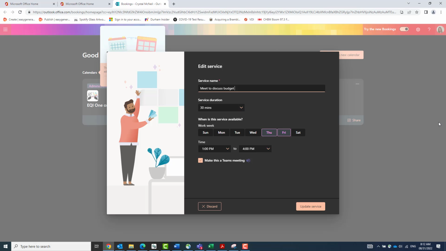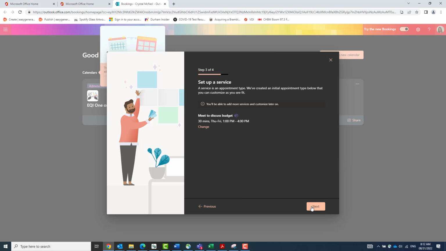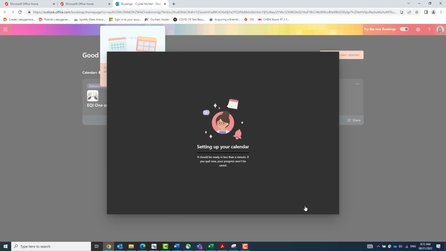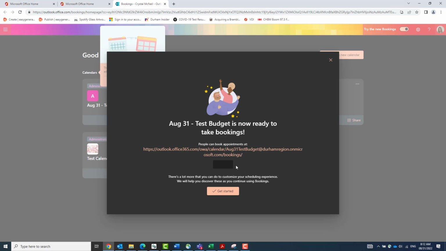Fortunately for this example, we're only going to have one service to make it simple. So I'm going to click Update Service and next. So who can book appointments? Anyone in my organization, or the people in my organization. And Create Calendar. So you can see, this is hard to see, but this actually would give you right away